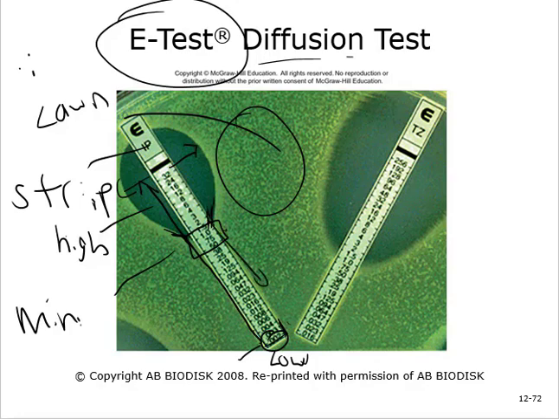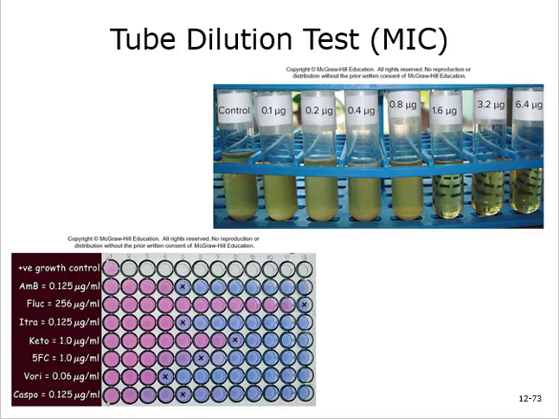Similar to the E-test, you could also do the same test, but instead of on a solid agar, you do it in a liquid broth medium. This is called an MIC, or a minimum inhibitory concentration test. So again,